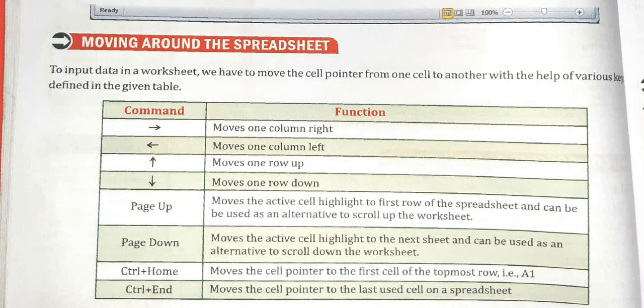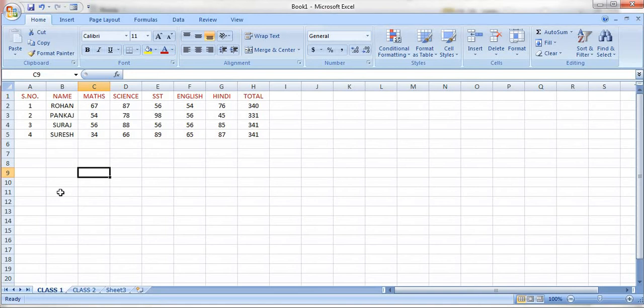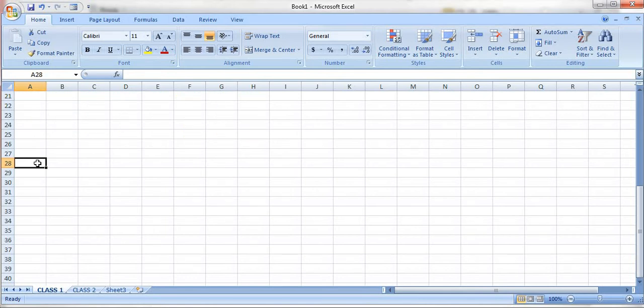Now let me tell you about Page Up and Page Down. Suppose you are moving up or down with the arrow keys, right? Suppose I click on Page Down. Right now it is on the 8th row. If I press Page Down, it goes to the 28th row. Again Page Down, this is the 48th row.